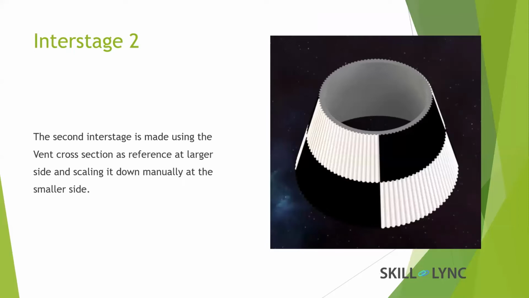This is the interstage between stage 2 and stage 3. I also designed this using references, like the vents in the stages. For the first stage, I used the actual dimensions. Then I referred to those surfaces for implementing it on the rest of the stages and the interstages. But in this case, as you can see, the stage is a bit smaller on the top. So I had to scale it down manually and create a new sketch and a new profile for those vents. And I used a lockdown.